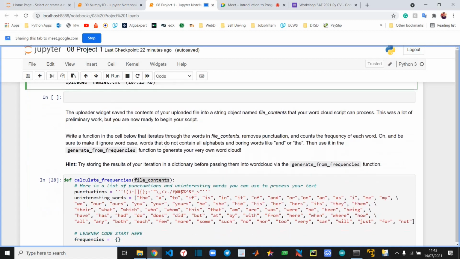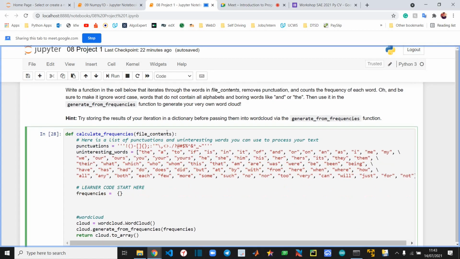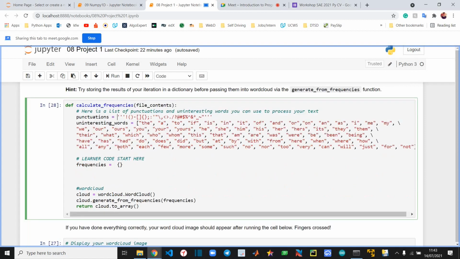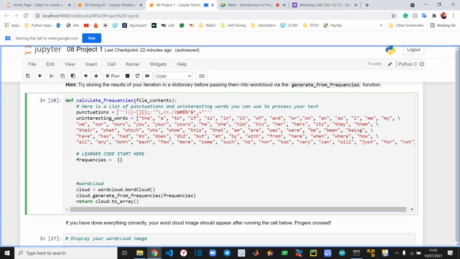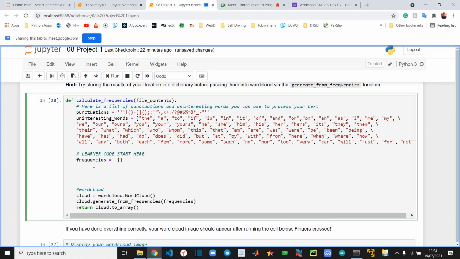This function accepts the file content. It's just a string, nothing special. So we have this string and now we have to work with it. It is important to know what kind of data type we are working with. Right now we are working with strings.